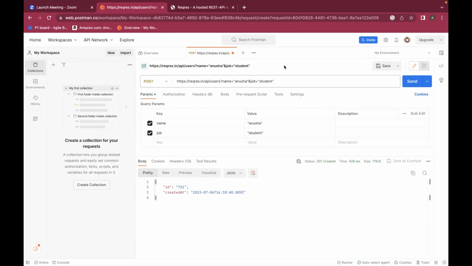100 is basically for informational purposes. 200 is for whatever CRUD operations you perform. 300 is for redirects. 400 is when the client has some issue at their end. Maybe the URL is incorrect, or several other examples I have given to you in your notes. With the 5 series or 500 series, the problem lies with the server.